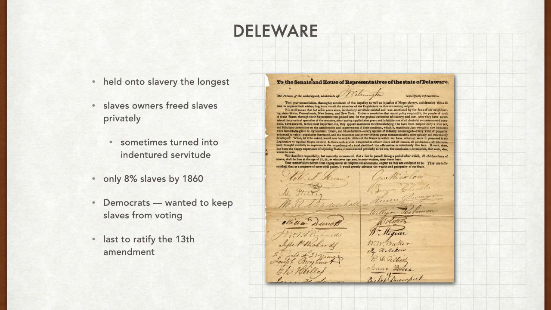Because slaves made up 20% of the population, they could be a valuable political voice for whoever captured the loyalty of that community. Thus, Democrats sought to keep them from gaining that political role by keeping the institution of slavery intact. Okay, so let me explain that briefly. Which, by the way, here is Delaware's signature on getting rid of slavery in one way or another.